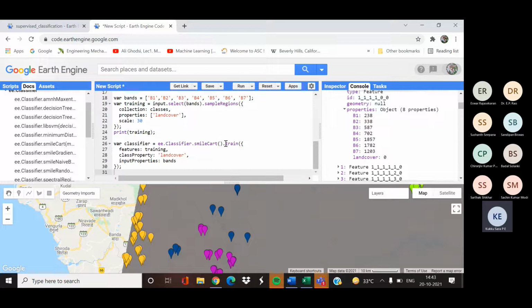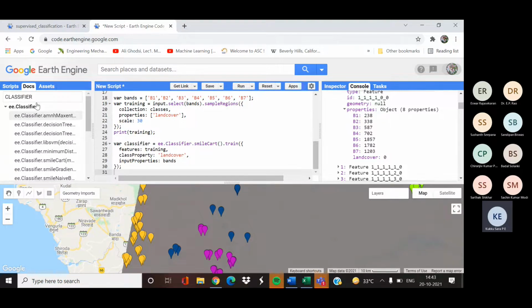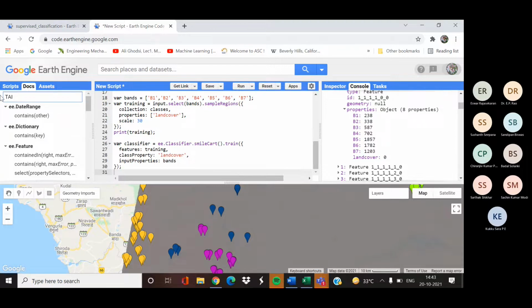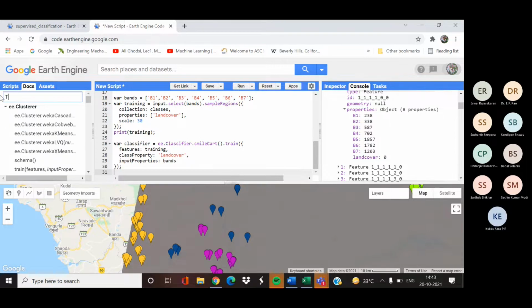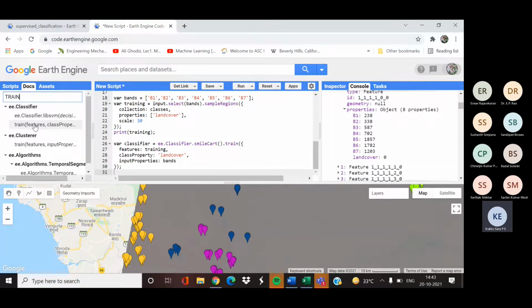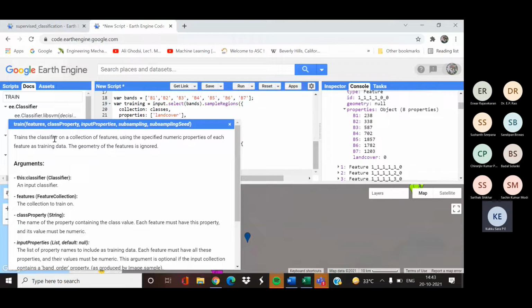Now we are going to train this classifier. So for training you have to use the .train function. So under classifier, we'll just see it. This will train the classifier on a collection of features using the specified numeric properties of each feature. That is, in our case, based on the pixel values, it will train the data.